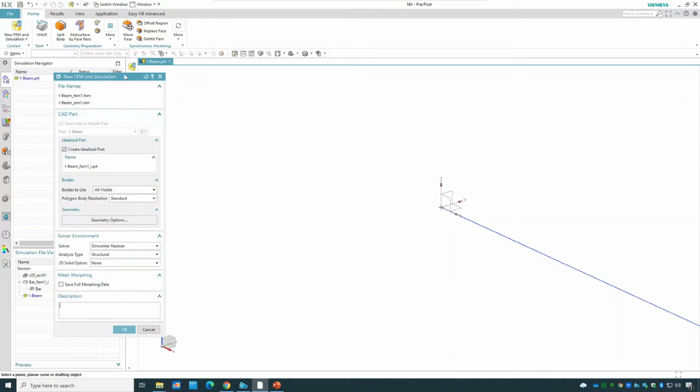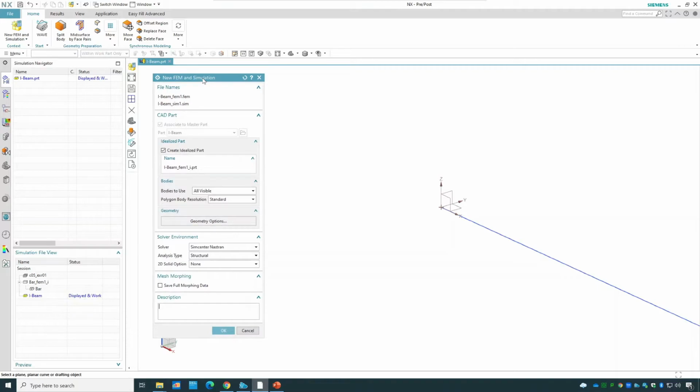This is as you can see here. So by clicking there, I'm going to create two new files, one finite elements modeling and one simulation. It's the I-beam file that I just created. All bodies, yes, I'm going to have every single thing that I have designed, but something is important, and it's I